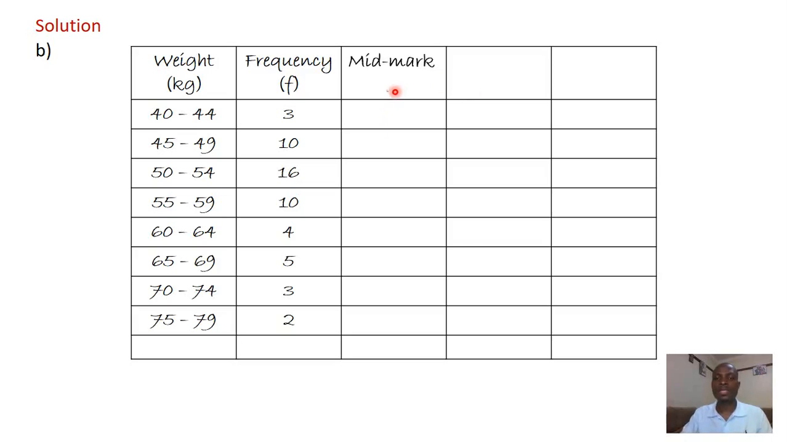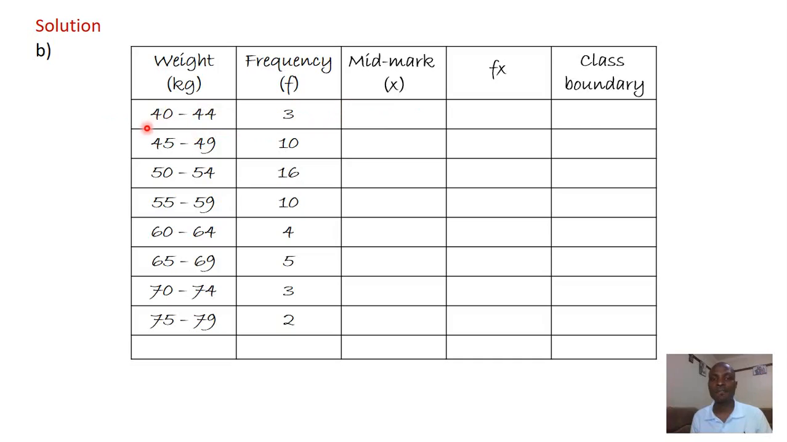Then that is the x. Then we shall place our f of x, fx here. Then we shall lastly place our class boundary here. So let's go and look for the mid mark. Remember we said for the mid mark, we get the lower class limit plus the upper class limit divided